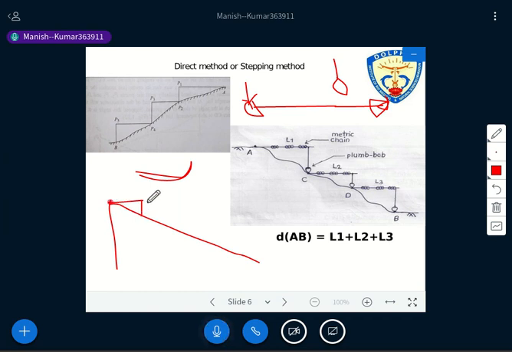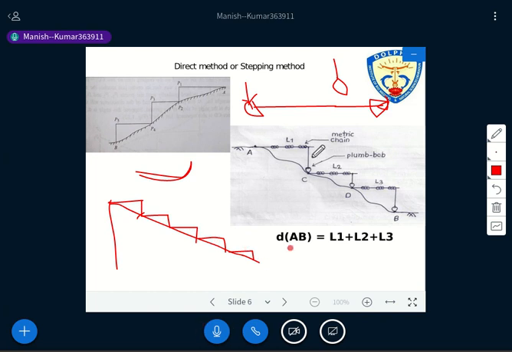Now the first step is done, then the follower has to shift here, again the leader moves forward and again drops the plumb bob, then again forward, plumb bob, and he reaches the final point. As I told you, the length of the stretch of each step is not necessary to be equal. It totally depends upon the slope or convenience. Have you seen that a step kind of condition has been created? That's why it is called the stepping method.